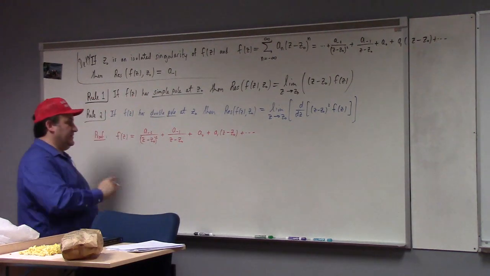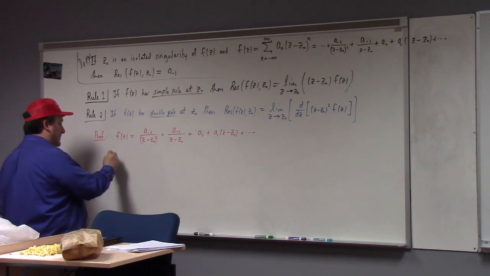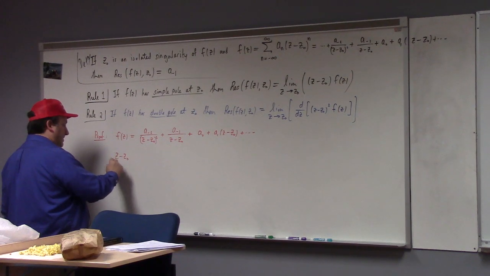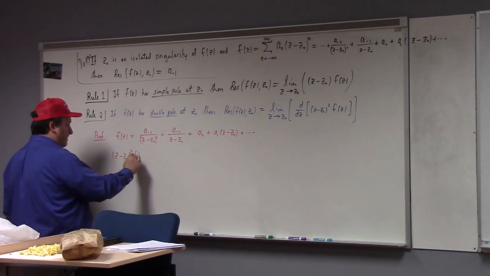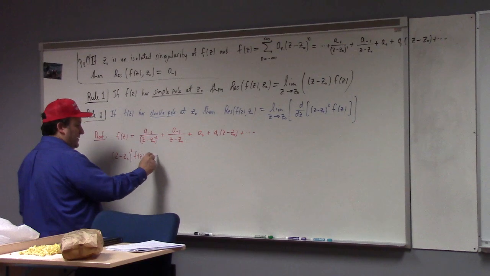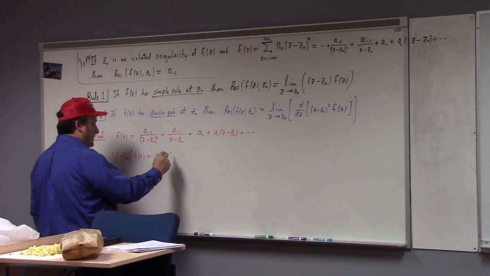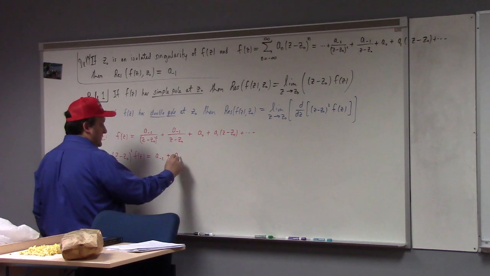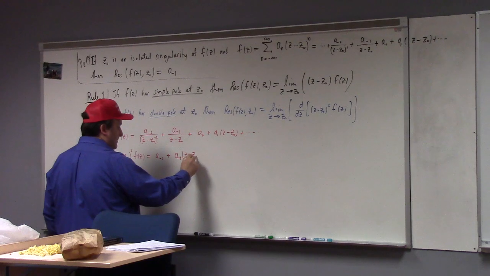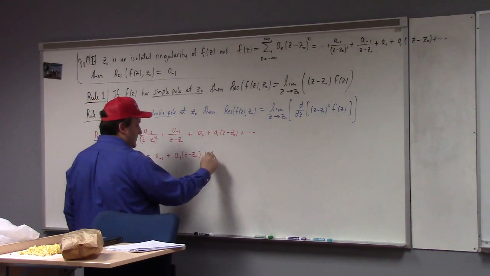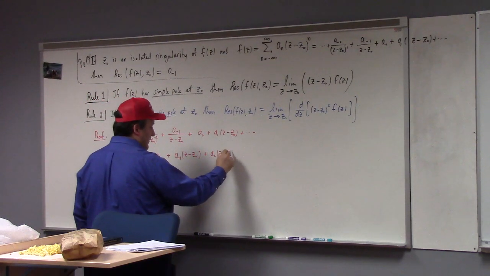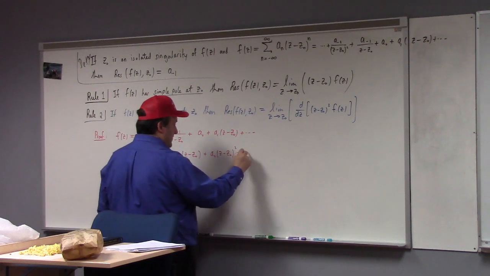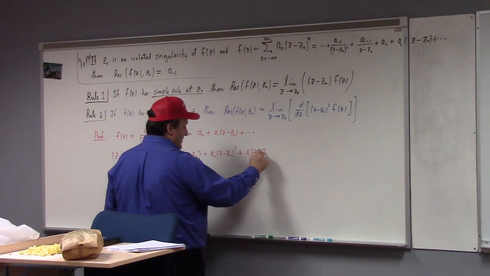What happens when we multiply this by z minus z naught squared? We get a sub minus 2, right? Plus a sub minus 1 times z minus z naught, plus a sub naught times z minus z naught squared, plus a sub 1 times z minus z naught cubed,